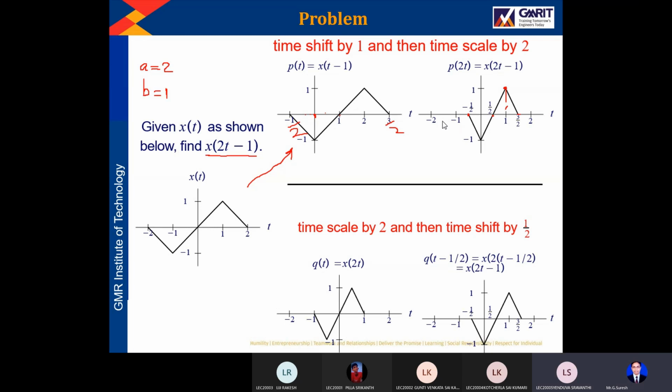Yes sir, it's clear sir. Okay, so the thing that you have to remember is you have to perform the time shifting